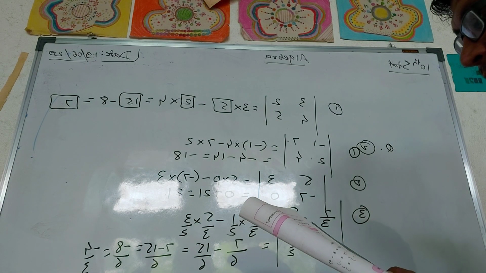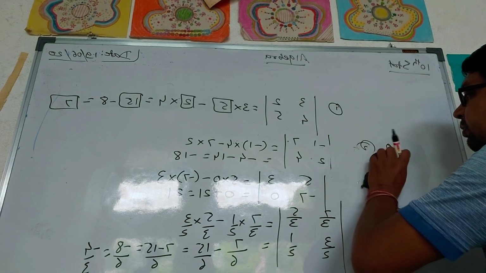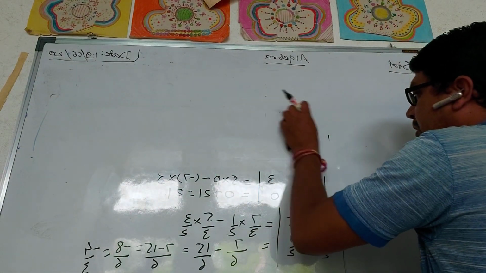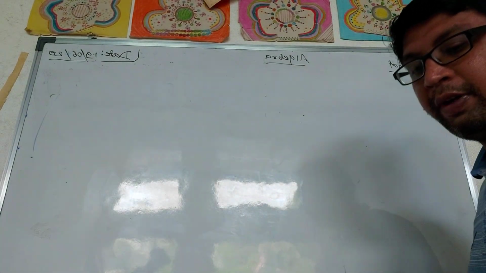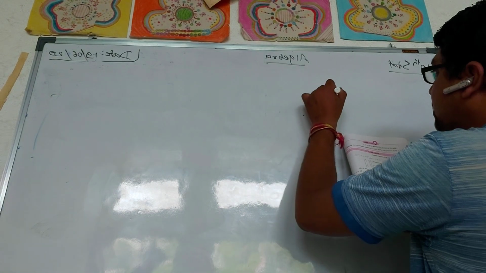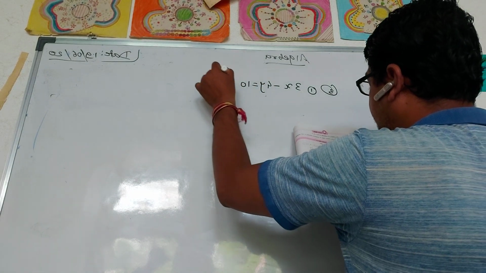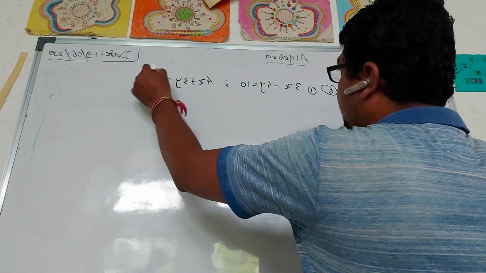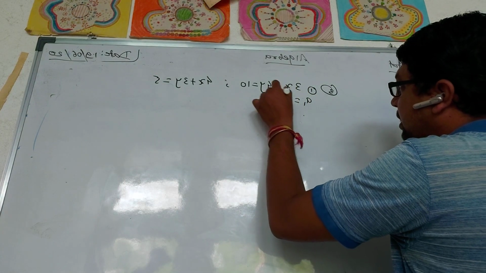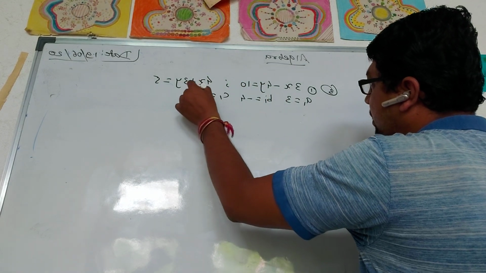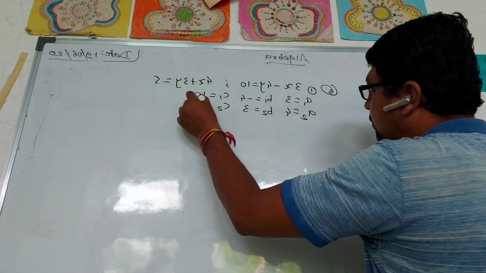Next comes question number 3, the first question, and I will show how to find the values of x and y. Here question number 3, first question: 3x minus 4y is equal to 10, second is 4x plus 3y is equal to 5. Compare with a1x plus b1y is equal to c1. So you will get a1 is equal to 3, b1 is equal to minus 4 and c1 is equal to 10. In the same way, a2 is equal to 4, b2 is equal to 3 and c2 is equal to 5.